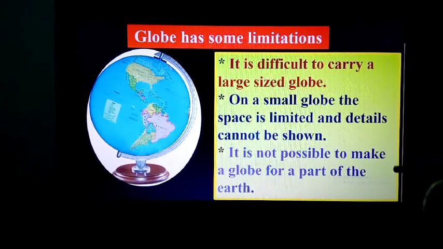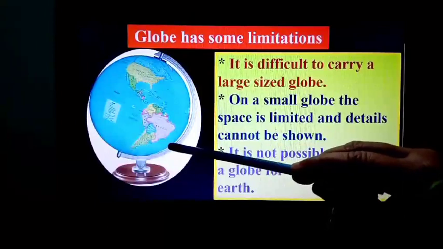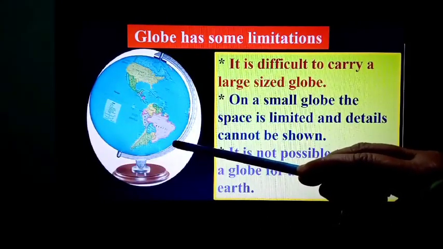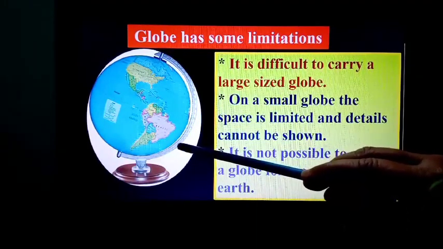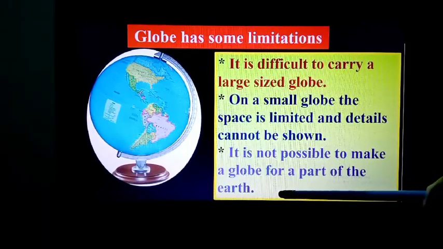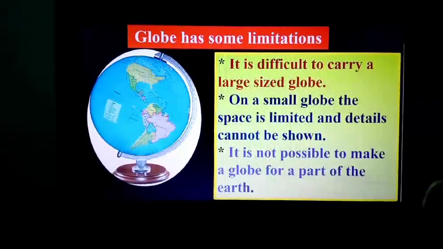As you can see here, in a globe, it is the whole world, means continents, oceans, seas, all things are shown together. If we want to show any particular region or particular part of the earth, it is not possible to show on the globe.